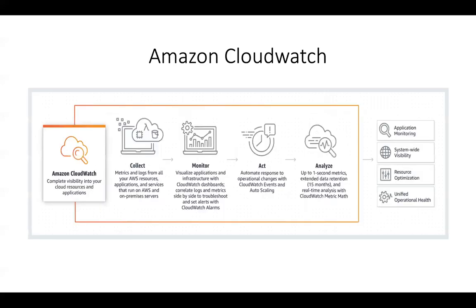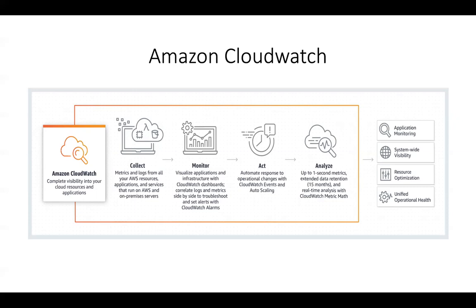Yeah. So CloudWatch collects a lot of metrics and logs from AWS services and applications and services that run on AWS and on-premise. It monitors all of these, and then it acts. You can specify a troubleshooting mechanism, or if an event occurs, how you act on those events, right? So if a person uploads an object onto an S3 bucket, how do you react to that? If a person creates an S3 bucket, how do you react to that? So we will see all of these events when it comes to CloudWatch Events.